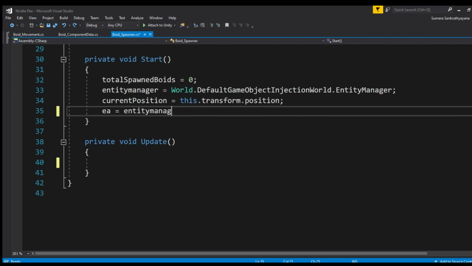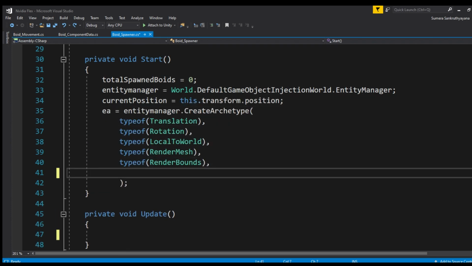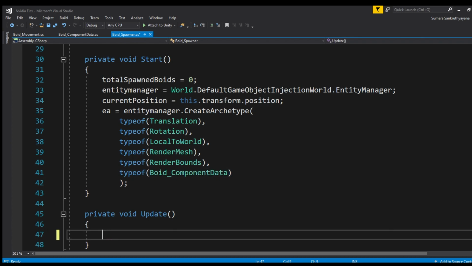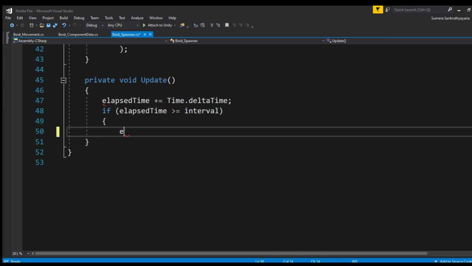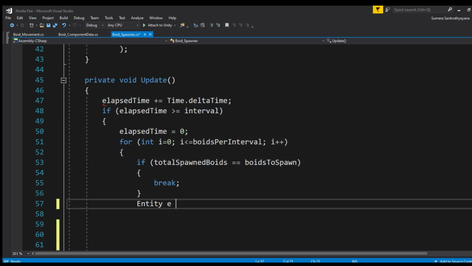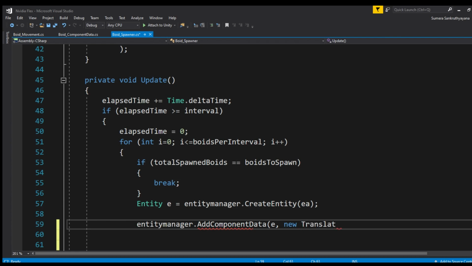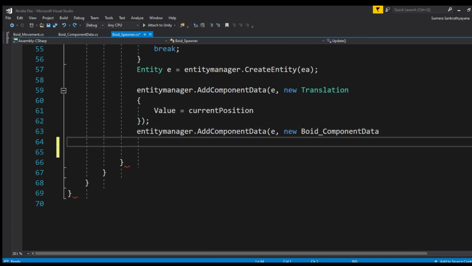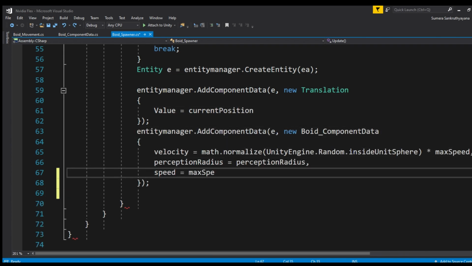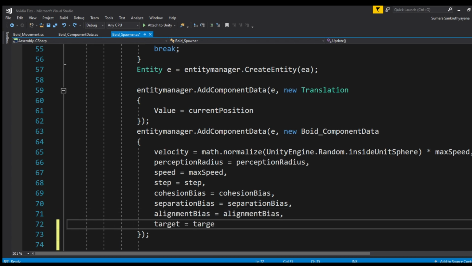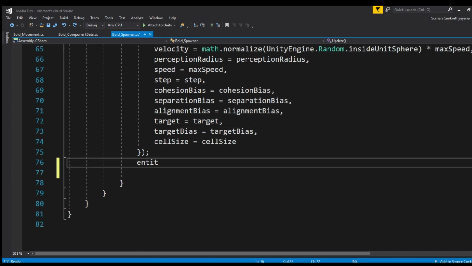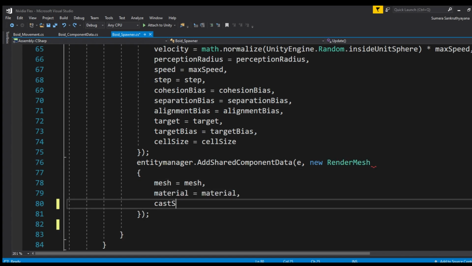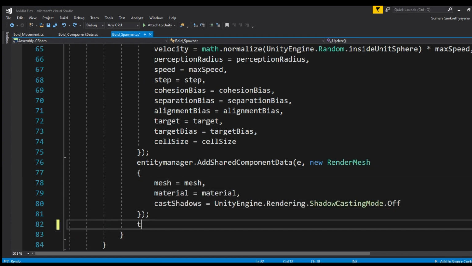Let's assign all the values to every boid. Note that we should not be holding repetitive data that stays constant throughout the gameplay in every entity. I am doing this for simplicity's sake. Ideally, we have to hold this kind of data in something called a blob asset store, which allows faster and safer access of constants from multiple threads. So all we are doing here is framing an entity archetype and instantiating it using Entity Manager. We are then counting the spawned entities or boids towards the specified total number of boids we intend to spawn.